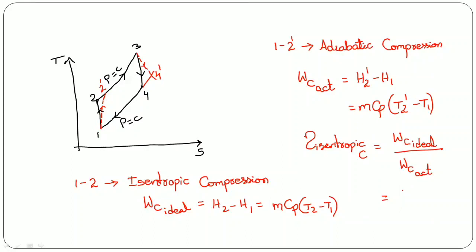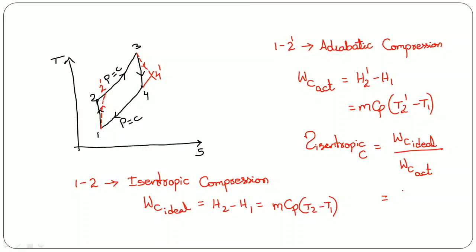So in the refrigerator, ideally they will say that this refrigerator consumes only 1 watt per day, for example. But practically, if you observe, because of certain atmospheric conditions and certain losses in our house or in the compressor, there will be some internal irreversibilities and external irreversibilities. Because of that, the work consumed by the compressor of the refrigerator will be higher. So the actual work consumed by that refrigerator will be more than the company specified values.